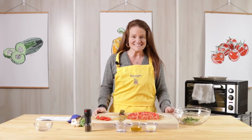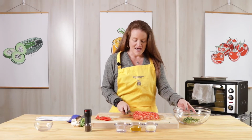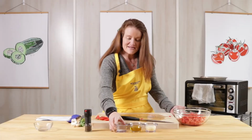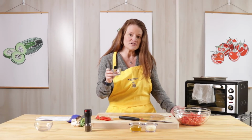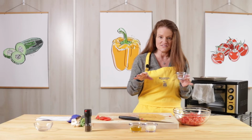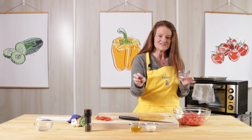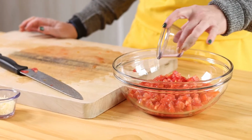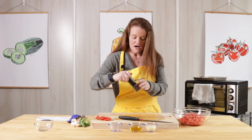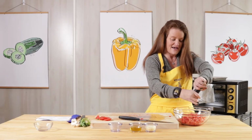Okay, I've just diced my 4 medium-sized Roma tomatoes, and I'm gonna add that to my bowl. Now I'm gonna add about 1/4 teaspoon of salt. We really want to go easy on the salt at first, definitely, because we're also gonna add some Parmesan cheese, which is a very salty cheese. So add a little bit of salt, a couple of cranks of fresh ground black pepper,